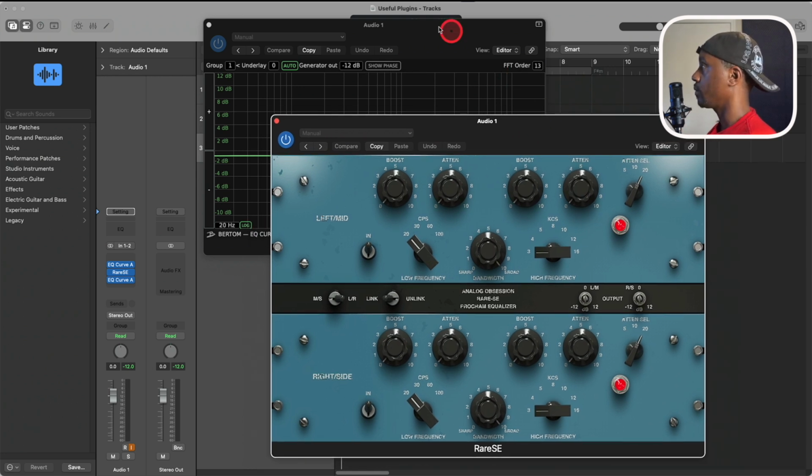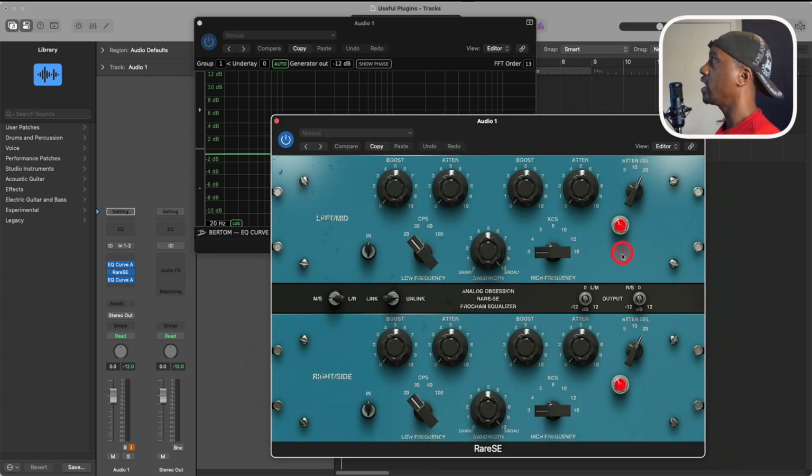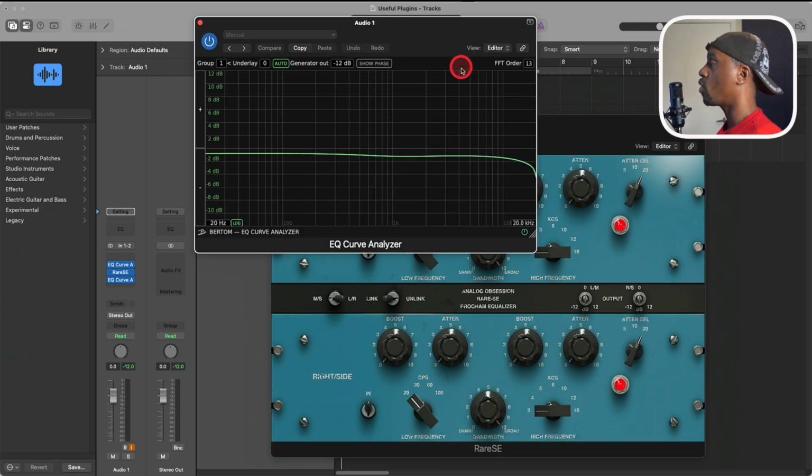Analog Obsession. And as you see, there's a default. Now, I didn't expect to see this. I actually thought it was going to be flat, but it does not have a flat EQ response. So there's some color that is happening with this plugin without you turning a knob. And this always answered my question, because I would hear even mixers say, or mastering engineers say, especially like top guys,